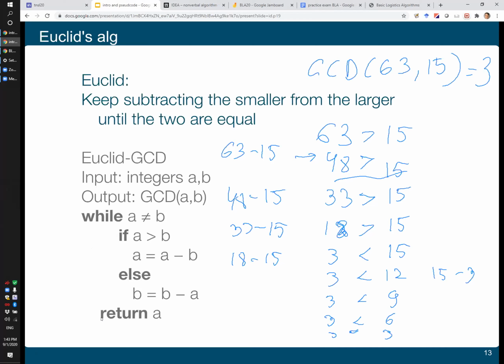Okay, so that's how Euclid's algorithm works, but maybe the main idea here is not really to understand how Euclid's algorithm works, but in general to understand how algorithms work, how to follow the description of the algorithm, and understand what the algorithm is doing. So any questions on this particular example? Now for practice, let's do another